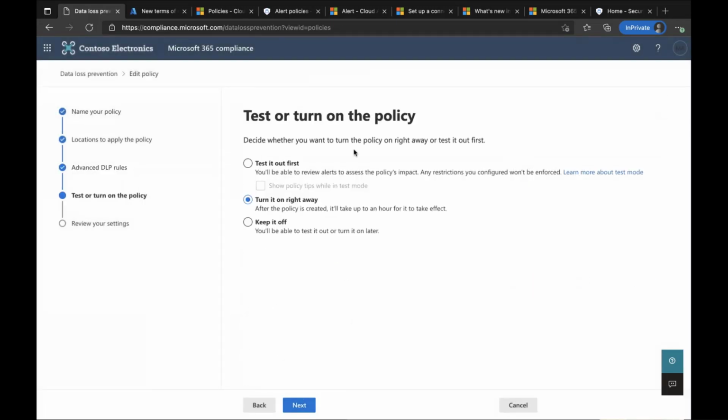The really good thing about DLP policies is that you have these options here to adopt a crawl, then walk, then run approach, which I highly recommend when you're implementing DLP. Test it out first. Always do it. Never turn it on right away. Always test it out first without policy tips. Have a look in the alerts in the audit logs of Microsoft 365 to see what would happen when there's a policy match. Then, when you're happy as an admin, show some policy tips that the end users will see